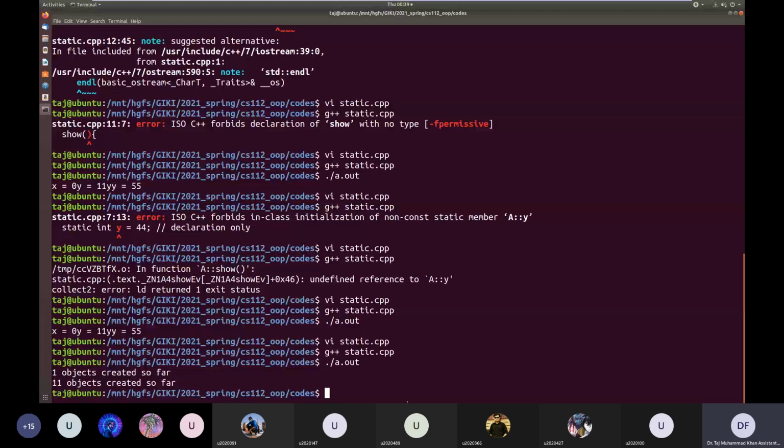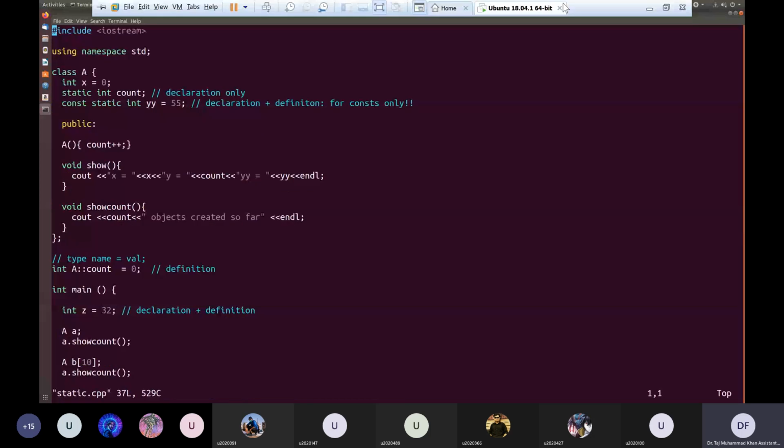Is it clear? That static variables are used to store information which we want shared across all the objects of a class, and we don't want it replicated across.